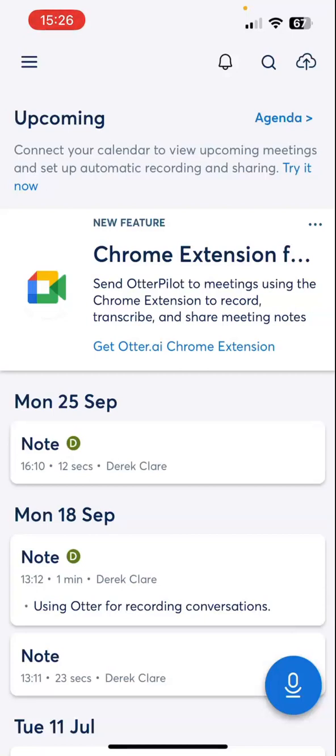Otter has a free version and a paid version. And the free version gives you 300 minutes per month to record with, so that's okay. If you needed any more than that, and if you needed a lot of the other facilities that are available, then there is a paid-for version that people can pay for too. But we're just going to look at the free version. So to start it, bottom right hand corner, there's the blue microphone icon. If we click on that,